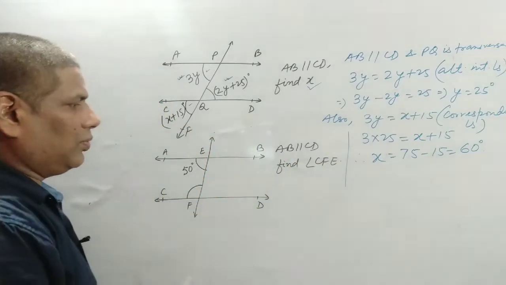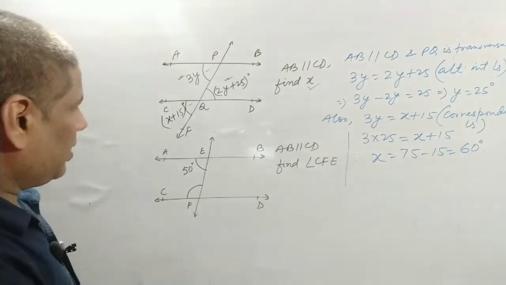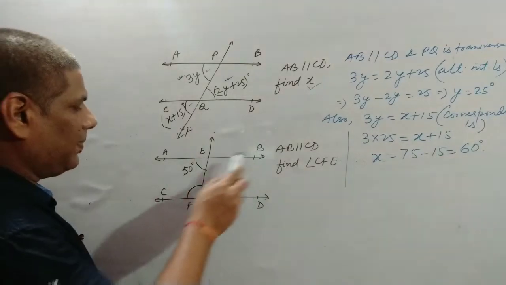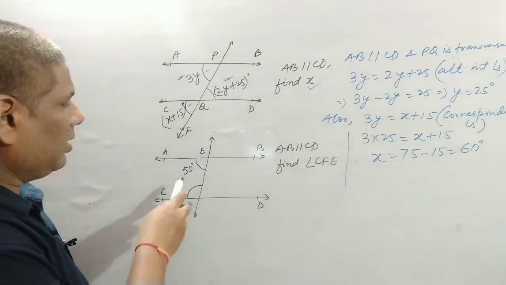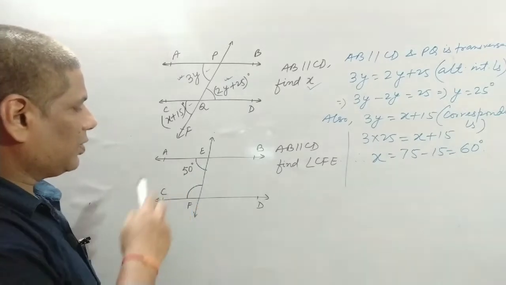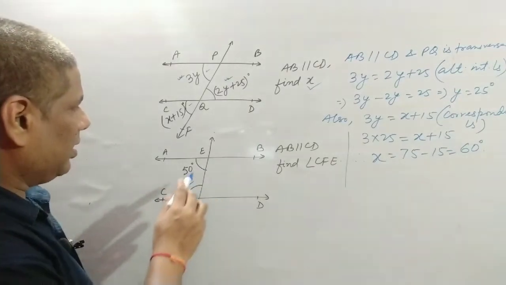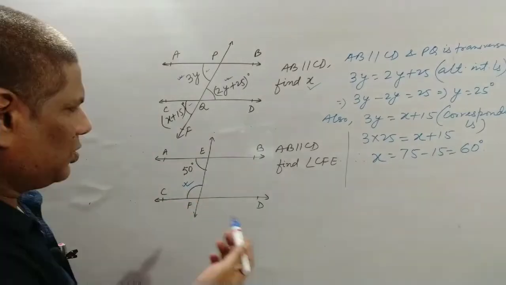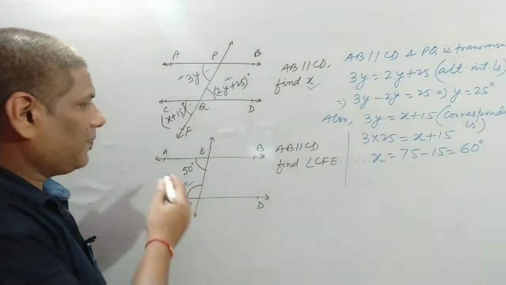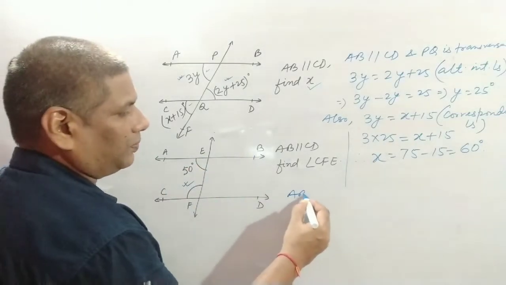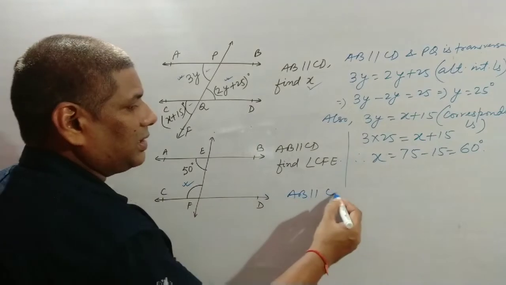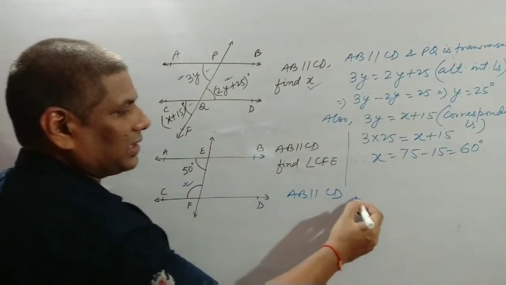Now let us come to another question, this one. Here it is given that AB parallel to CD and angle AEF equals 50 degree. Then we have to find this angle CFE. So this is a very easy question here. Since AB parallel to CD and EF is transversal,